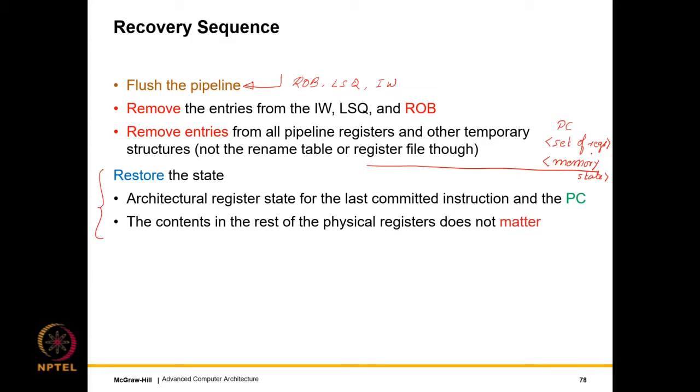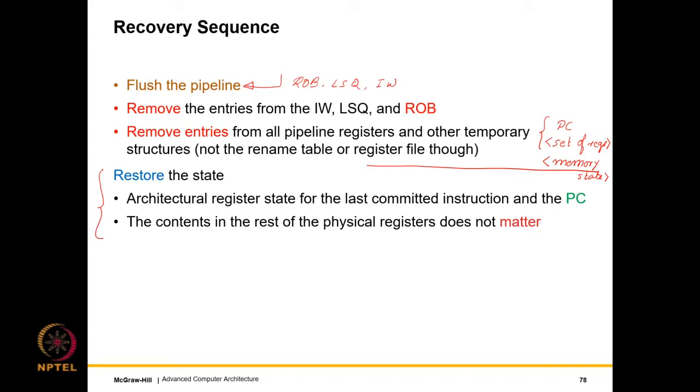So the architectural state is still there. It is still intact, right? And the program counter, of course, we can add into every ROB entry, so we just need to restart from the program counter. In a certain sense, the architectural state is still intact. We just need to recover the state that existed just before the branch was fetched. We need to go back to that point and start re-executing everything.